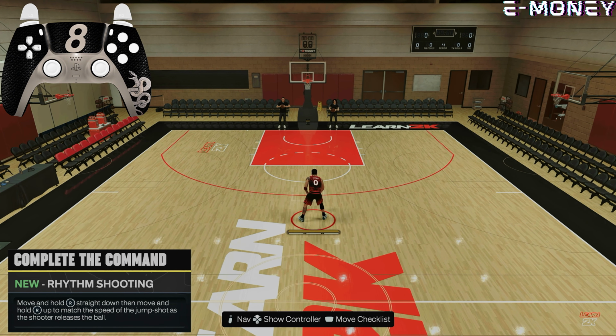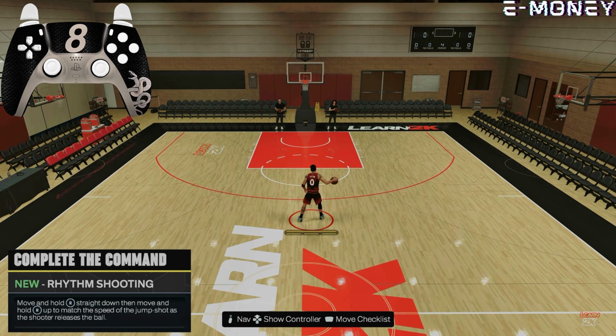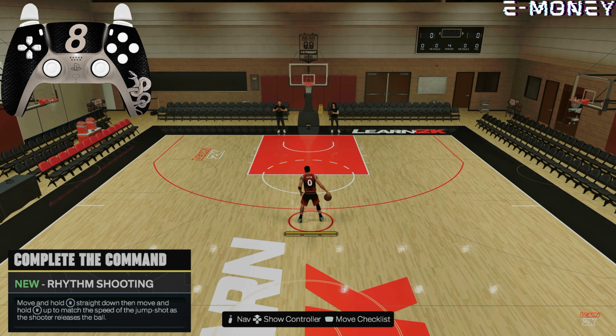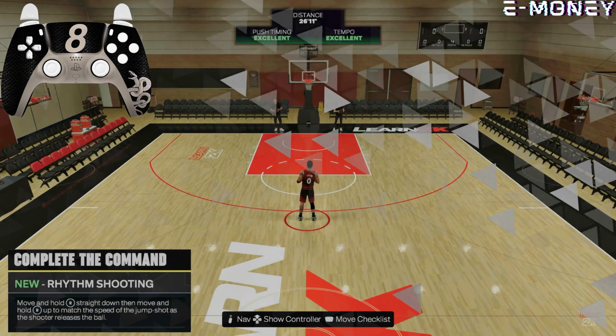And basically with rhythm shooting, it involves the right stick, and what you're going to do is pull down on the right stick, and then you're going to go up and match the tempo of the player that you're using. So here with Jayson Tatum, we're just going to pull down on the right stick and go up at pretty much an even speed. And this allows us to make that shot there with Tatum, since his shot is pretty decently